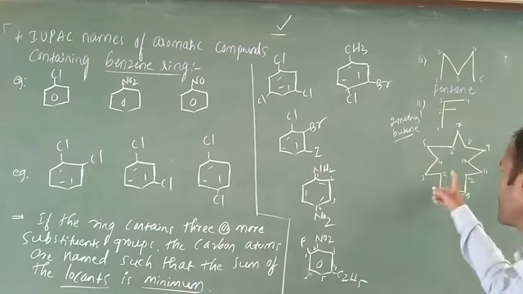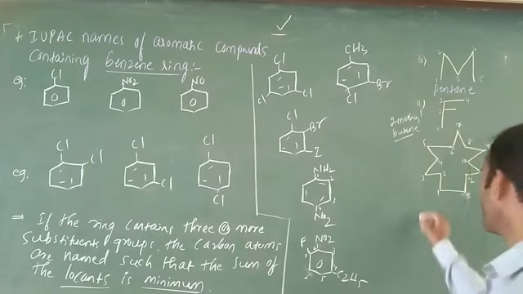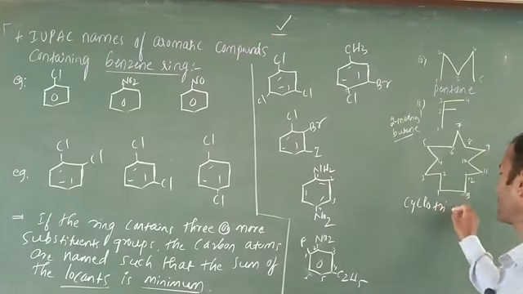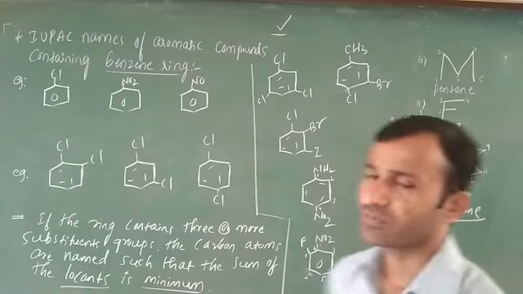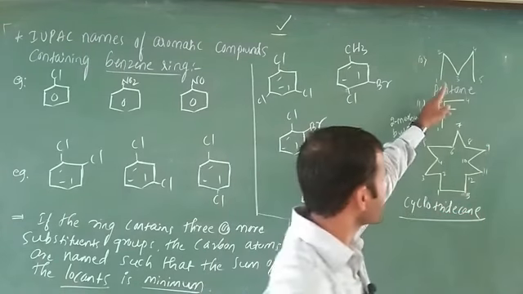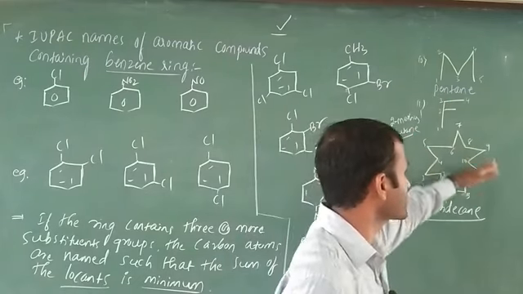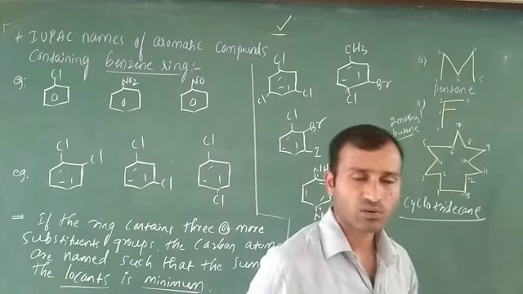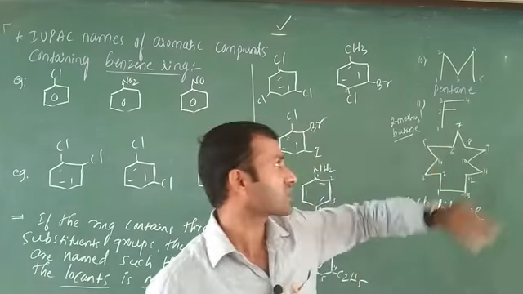Okay, in this case you have to use the important word cyclo, because a cyclic ring is there. That is why the starting word is what? Cyclo tridecane. This is the IUPAC nomenclature. Okay, you know this is pentane, 2-methyl butane is there, this looks like a cyclic one, no? Cyclotridecane is the IUPAC nomenclature. Okay, up to this, some of the examples are completed.